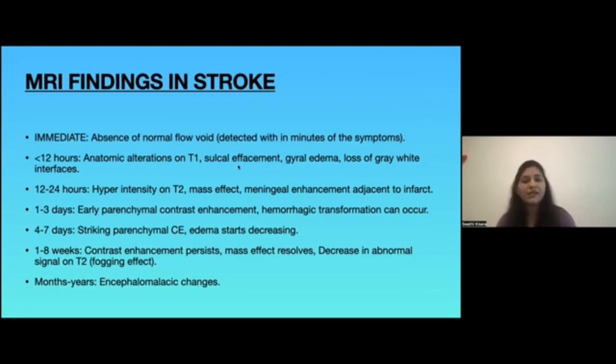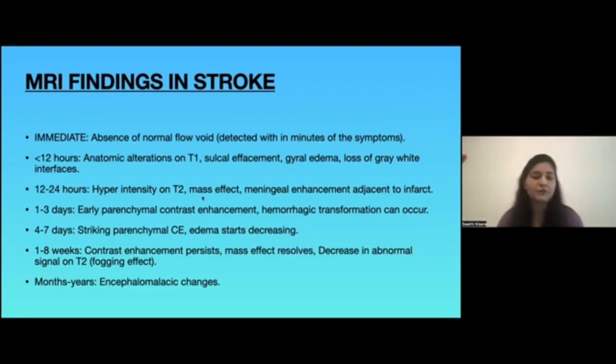Some other findings include sulcal effacement, gyral edema, and loss of gray-white interfaces. And in the acute stage of stroke, that is between 12 to 24 hours, hyperintensities can be detected on T2 weighted images,